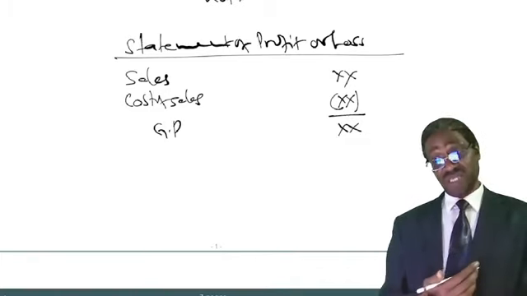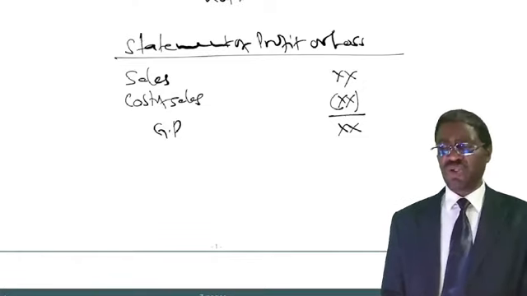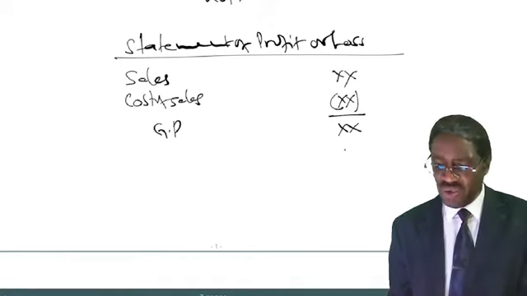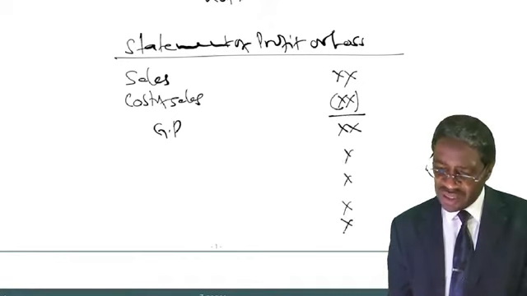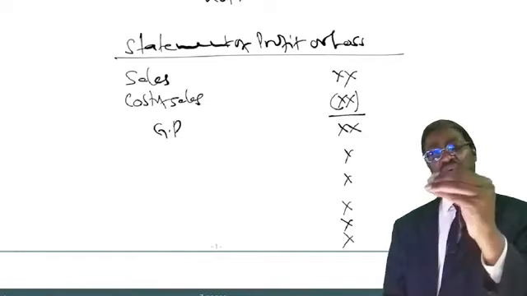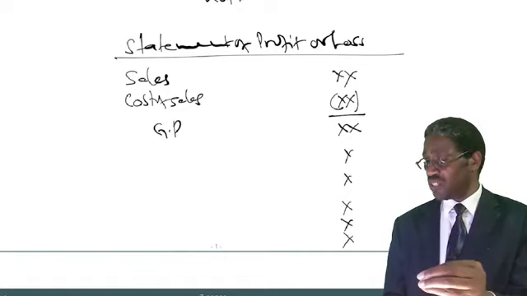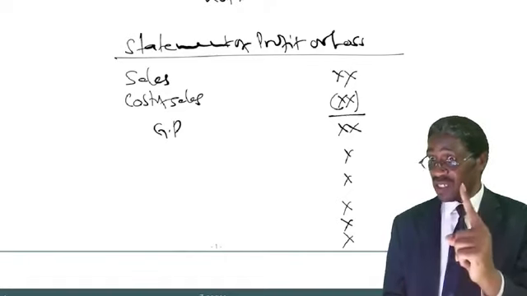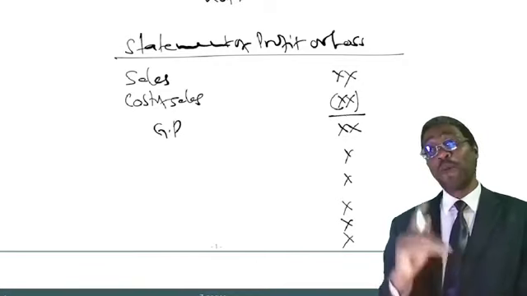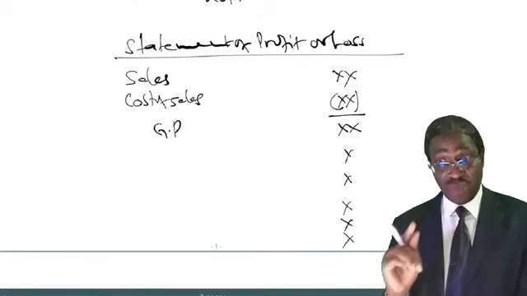Okay, now listen again. You also remember for internal reporting, once you got the figure for gross profit, you had to minus expenses. Electricity, water, telephone, insurance, and so on. Get the point now? But listen, when it comes to an income statement for publication purposes,